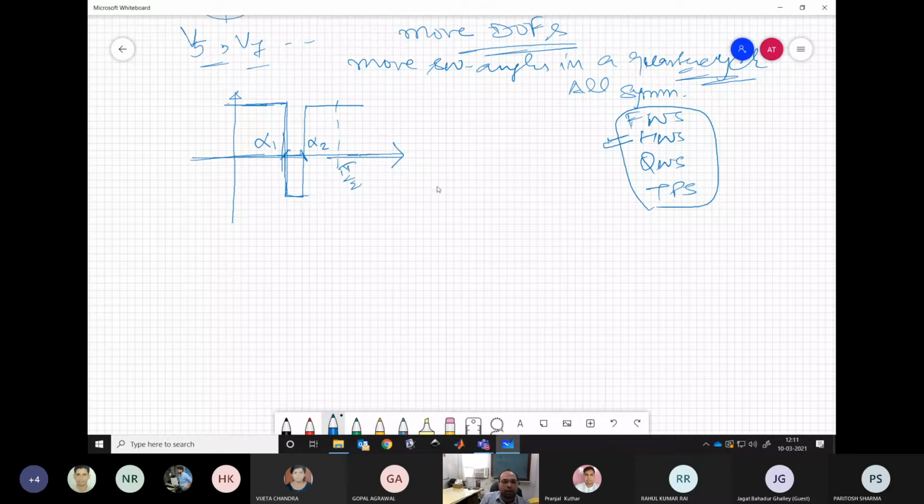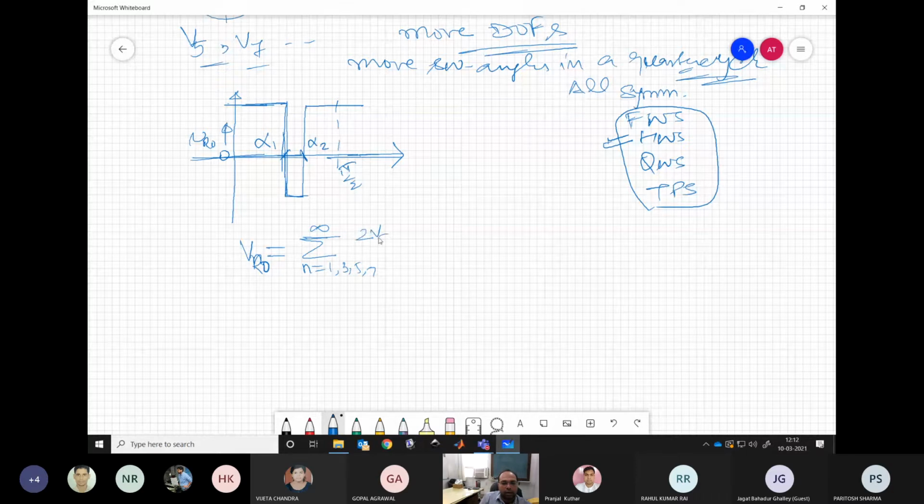We need not do the computation for all the three phases, all the angles like 0 to 2 pi. So we are happy with this quarter cycle. Let's say this is our VRO waveform. So we know that if we do the harmonic analysis of this system, our harmonic voltage, or this VRO, we can say in general is going to be the sum of all these harmonics, odd harmonics.